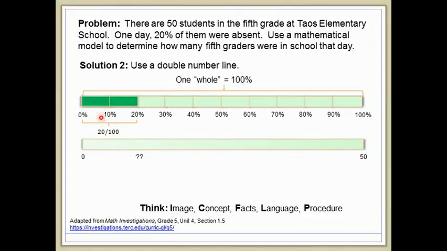And there's a correspondence between these two bars because 20% of this number of students is going to be located, if you're thinking of a number line, at the same place where 20% occurs on the percentage number line. So really we're trying to get the student to see this key idea that to find 20% of some number, we simply need to line up 2 bars that are the same length, and on one of them represent percentages, one of them represent the number of items you have, in this case 50, and then look for where the